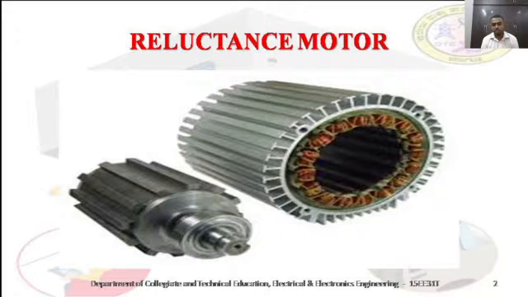It consists of various windings on the stator part rather than the rotor part. These are the major differences we come across in these special motors, slight variations in order to achieve the application we are looking for. The main purpose of the reluctance motor is constant speed. The major application we use the reluctance motor for is constant speed. The speed has to remain stable at one single constant speed while it rotates. For that purpose we are using this reluctance motor.